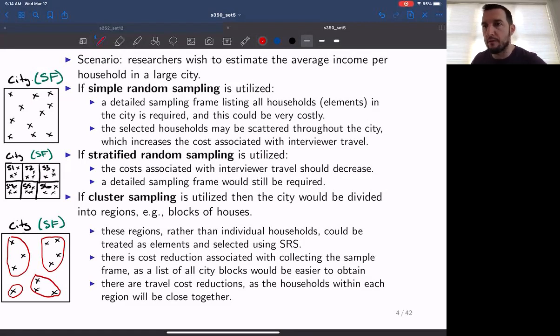So the reason that this is beneficial, first, you can see that compared to stratification, you've almost created regions, even though you're not actually directly separating the frame into different regions. You're just collecting observations together. But that in some sense serves the same purpose, because if you think about a city layout like the one that we are using in this example, when you go to collect the blocks, you're in some sense stratifying based off of the different blocks in that city. Or if you were to treat neighborhoods in the city as the sample